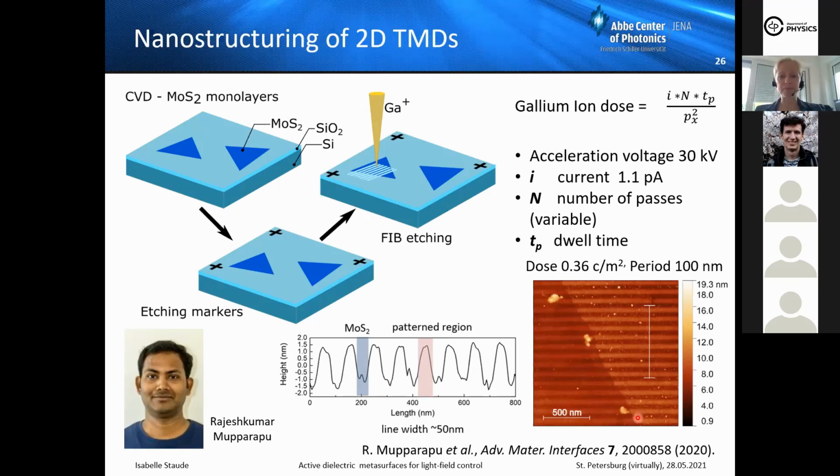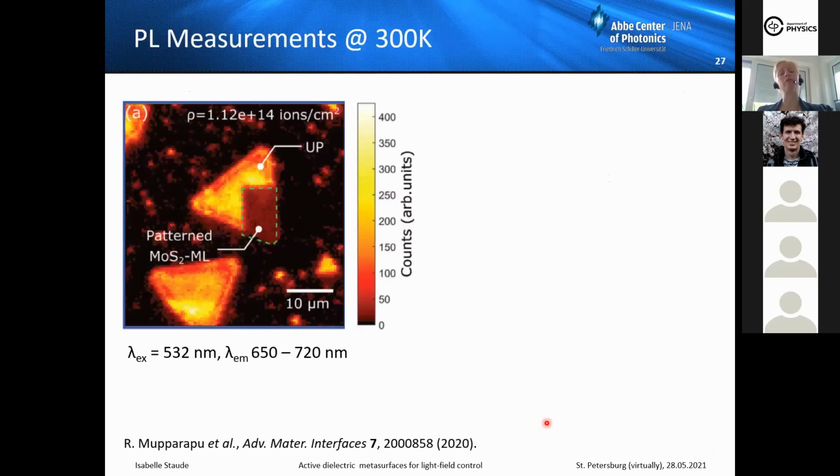You see here, this is nanometers. So we have something on the order of 100 nanometer stripes that have been milled there. And now we were looking at the photoluminescence properties of such structures. So here we have such a single crystalline monolayer. The patterned region you see is getting darker on the one hand because we are reducing the amount of material,